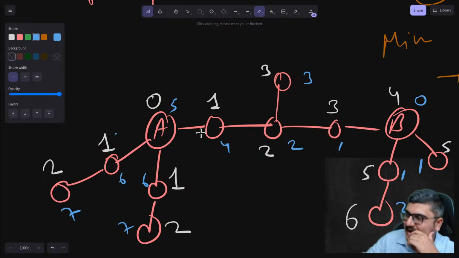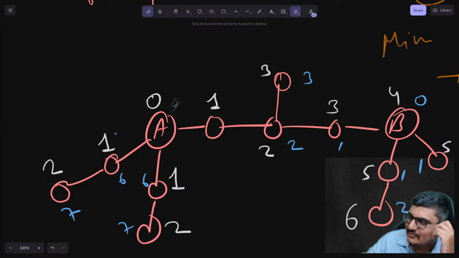Okay, so let's say this is how the tree looks. This is the path from A to B. Using white, I am writing the distance from A. Using blue, I am writing the distance from B. And it looks like I am still